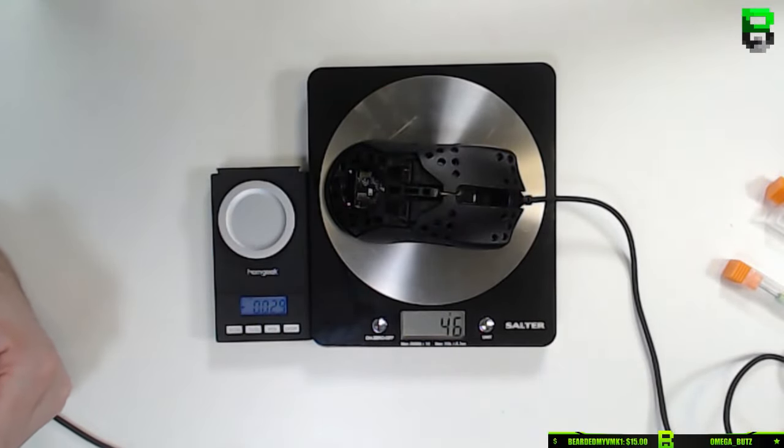Holy moly, 46 grams. It's pretty light, man. It's nearly half the weight of it. It still functions, right? Left and right. You haven't got a scroll wheel though. It's a bit of a pain, but